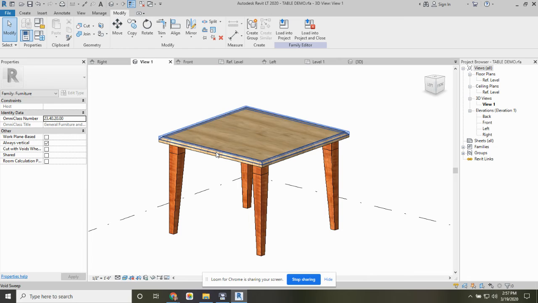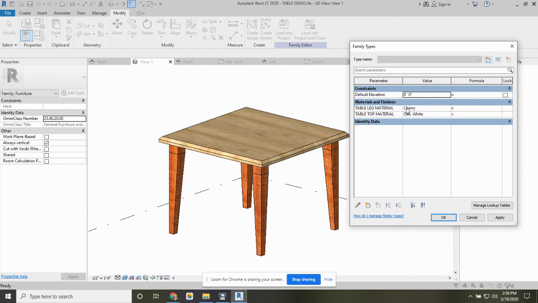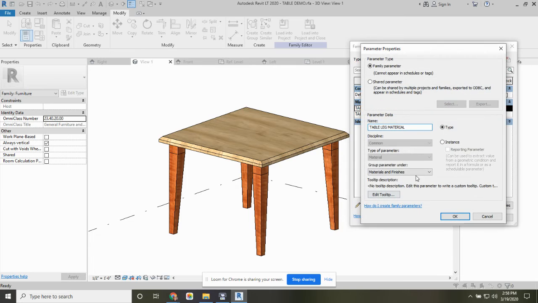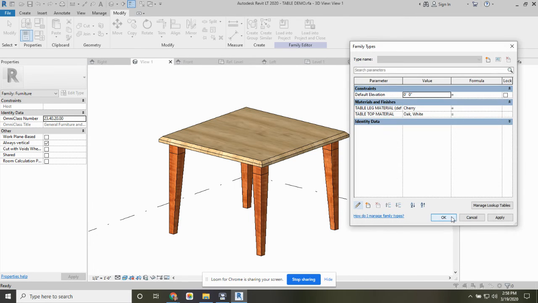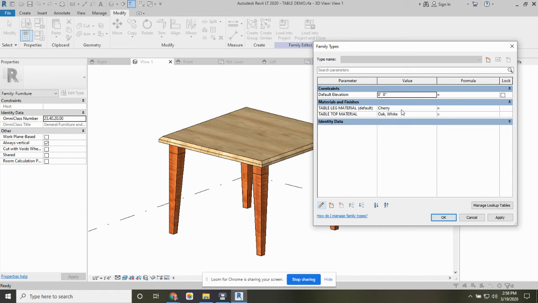I'll go back into the table family file. If I change both of these by editing them to an instance, I'll change one so you can see the difference. Notice it says default next to that now instead of the material, because that's just the starting material. I can change it because it's an instance parameter now, not a type parameter. A type parameter means that I need to make a brand new type of table, or otherwise I'll be changing every table of that type loaded into the project. An instance parameter allows me to edit one table out of those types, and it will not affect the others. So we'll see that